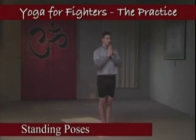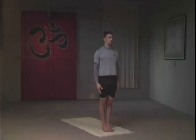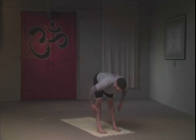Standing poses. Take a few breaths in attention pose, the standing pose here, and then we'll move on to all of the standing poses. With an inhale, separate your feet hip width apart, and with an exhale we can move on to